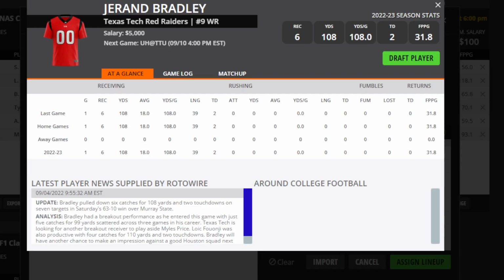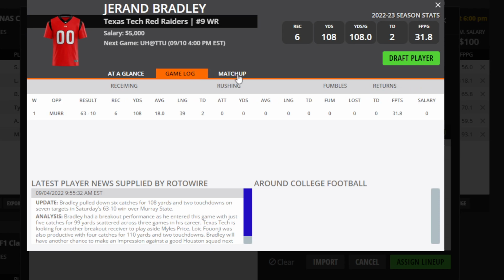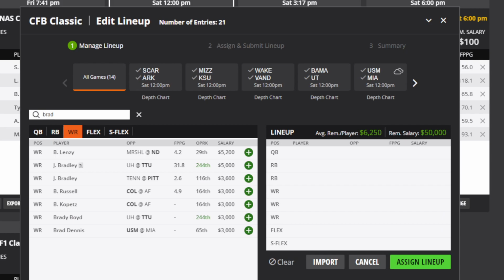And honestly, the Texas Tech players and the Houston players all seem valuable for the most part, all the top couple guys. But he's the top one, $5,000 too, which is nice, and he's got a lot of upside in this game. So I think that there's really a lot of value between all these games. Sorry, I get a little tongue twisted when I'm talking through these things.